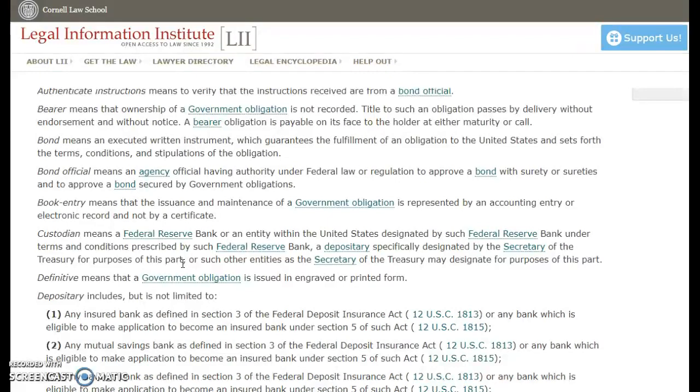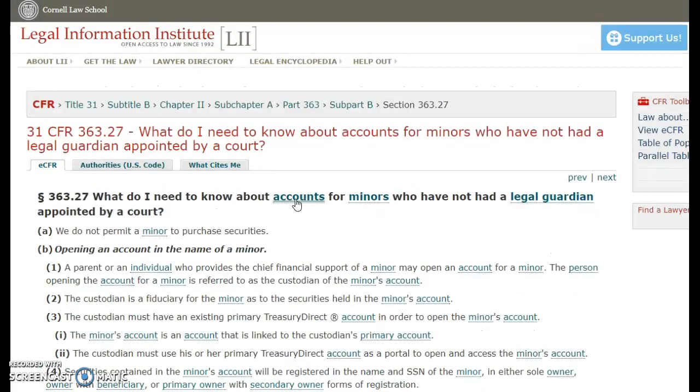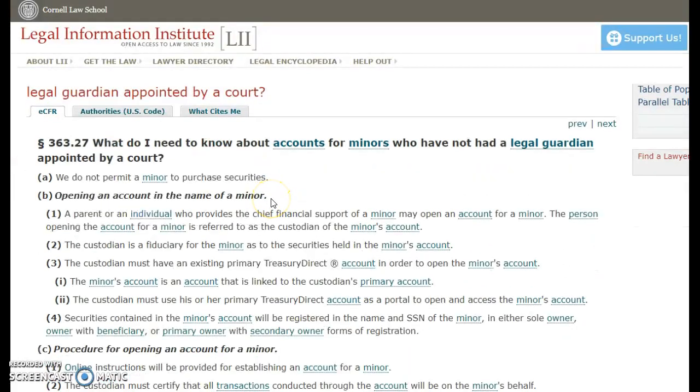I go on there, I purchase a bond on the TDA.gov site. The custodian is the Federal Reserve Bank. That's who I'm purchasing it from. However, when you go into a totally different section of the actual CFR, then you're going to get different meanings for different things. Now, the meaning of a custodian, most people are aware of, but just in case you don't understand where the confusion's coming from, the confusion is coming from that video,